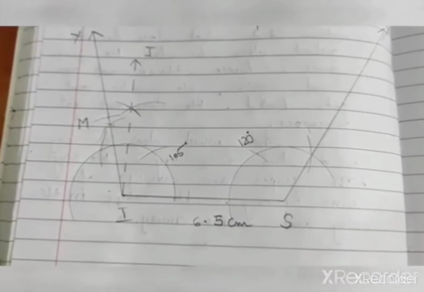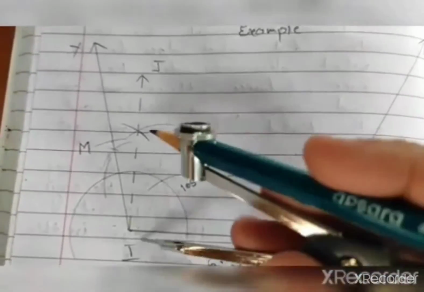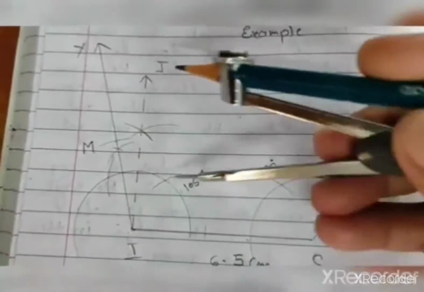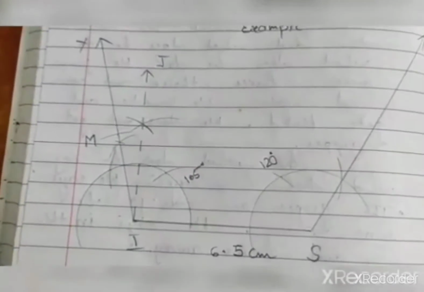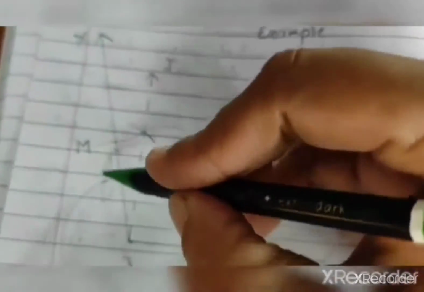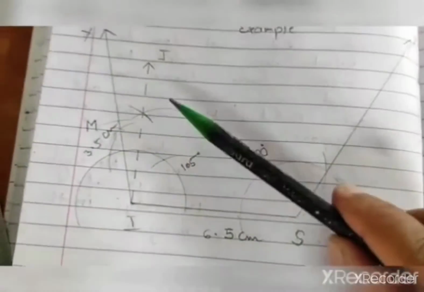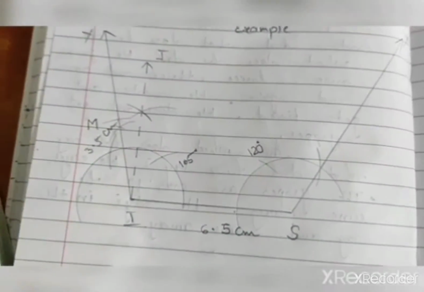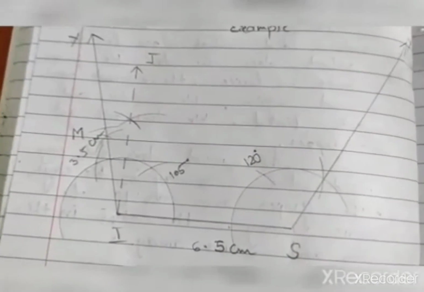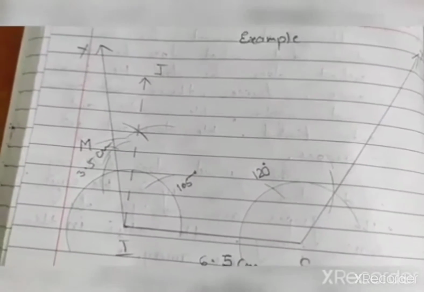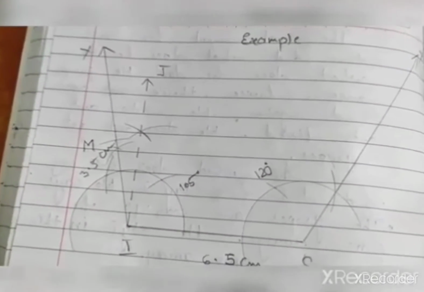Okay, now afterwards MI is given 3.5 centimeter. So radius 3.5 centimeter I have taken, and with the compass needle I draw an arc. So MI. Okay, now we have to draw angle M. For angle M what we will do, again a convenient radius we will take, and 15 degree, so 60 plus 15, 75.